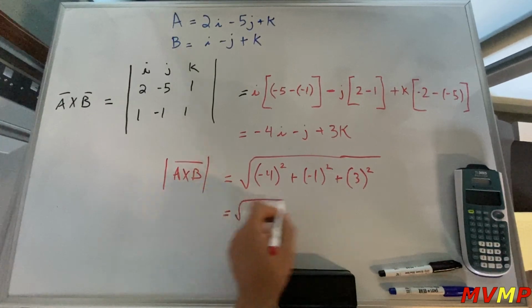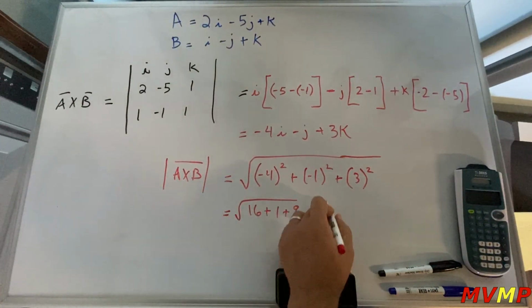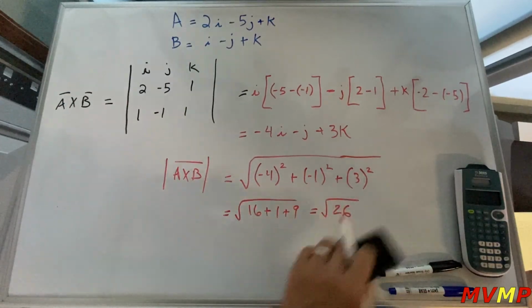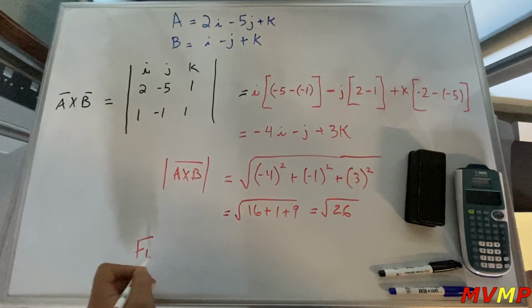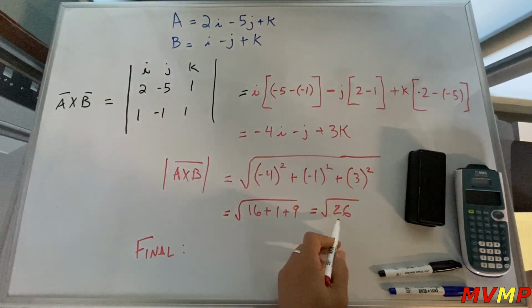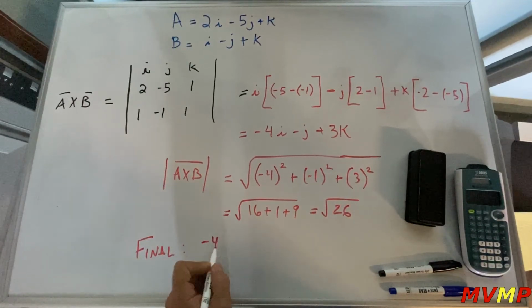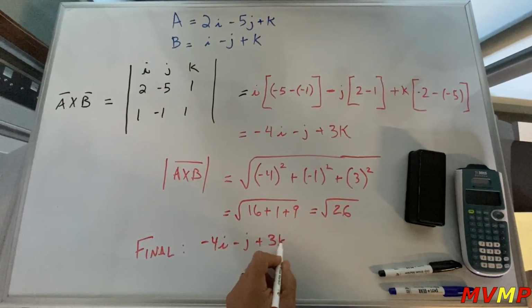We get that to be 16 plus 1 plus 9, square root of 26. And now to get our final answer, we put this over the magnitude. So minus 4i minus j plus 3k